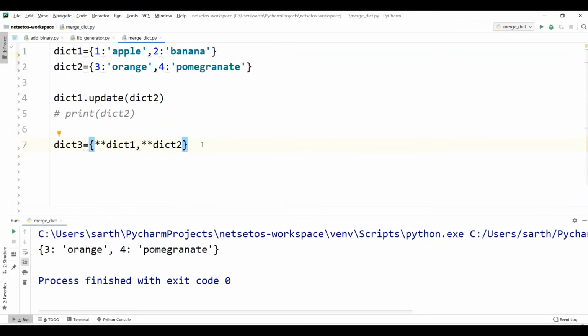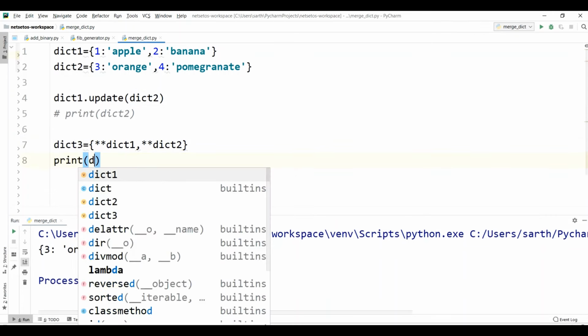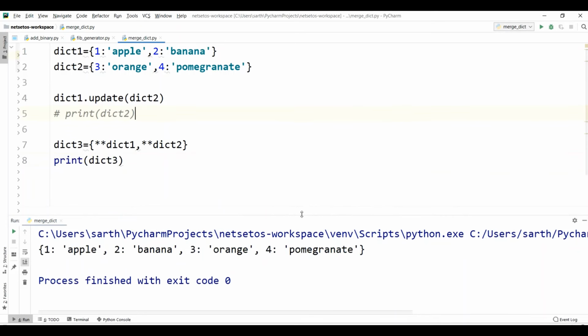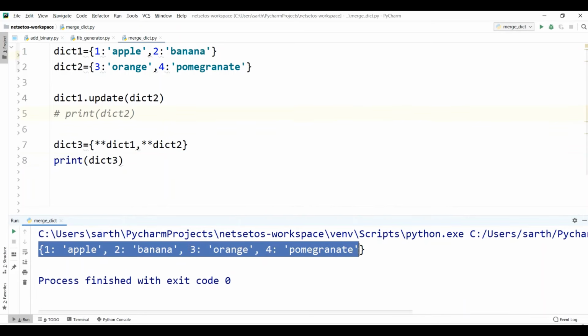Let's print dict3 and I will run it. Here I got all the keys and values of both dictionaries into a third dictionary. So it doesn't affect two of them and returns a value into a third.